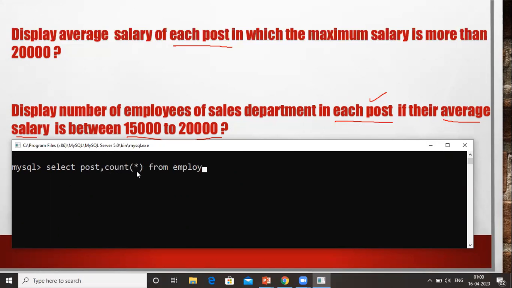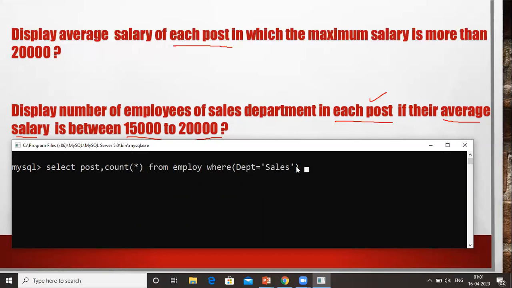Okay, but over here it is given that only sales department employees are included, so that's why we have written where department is equal to sales. And now after that we have to create group. So up to this command, what will happen?